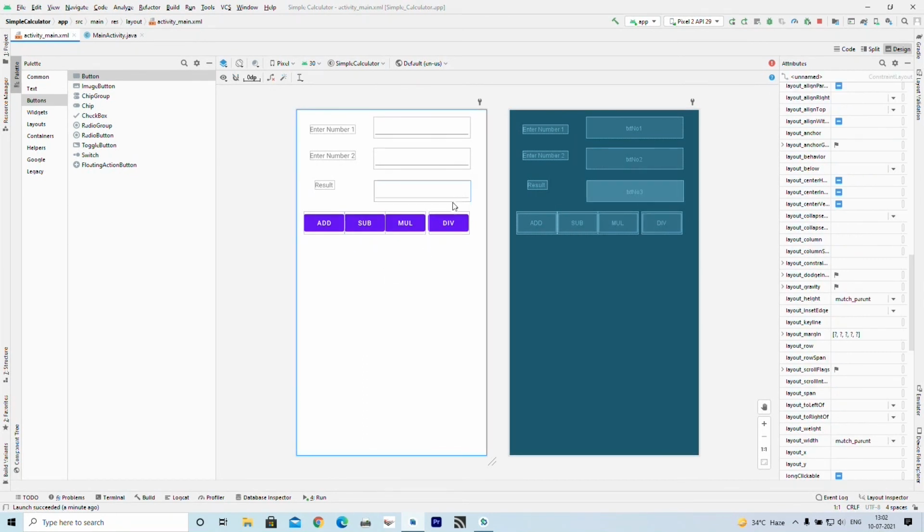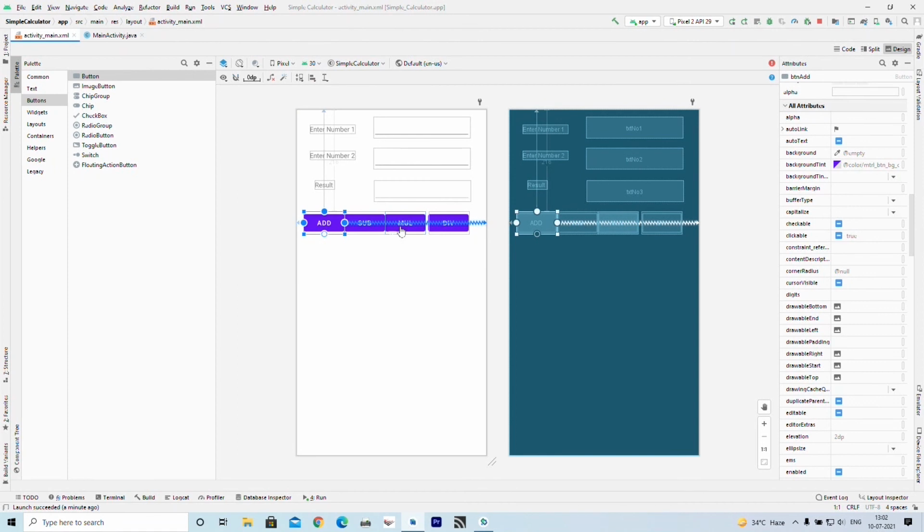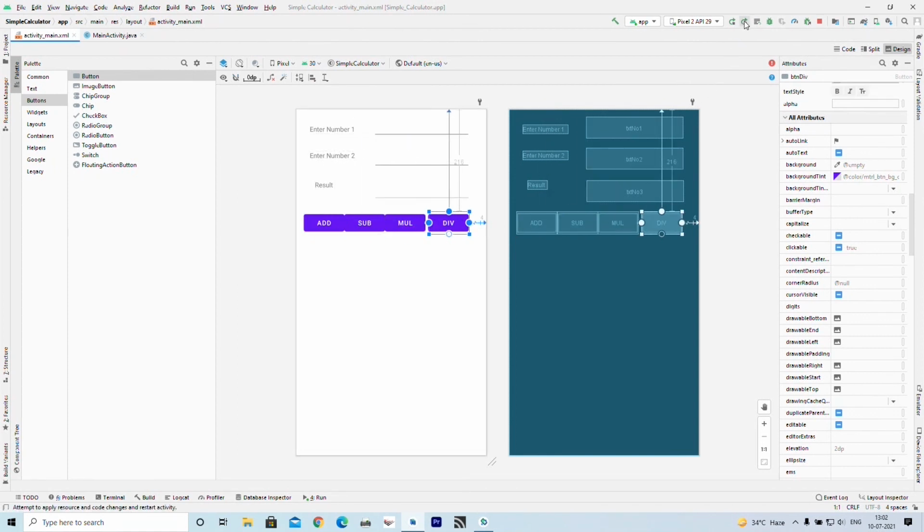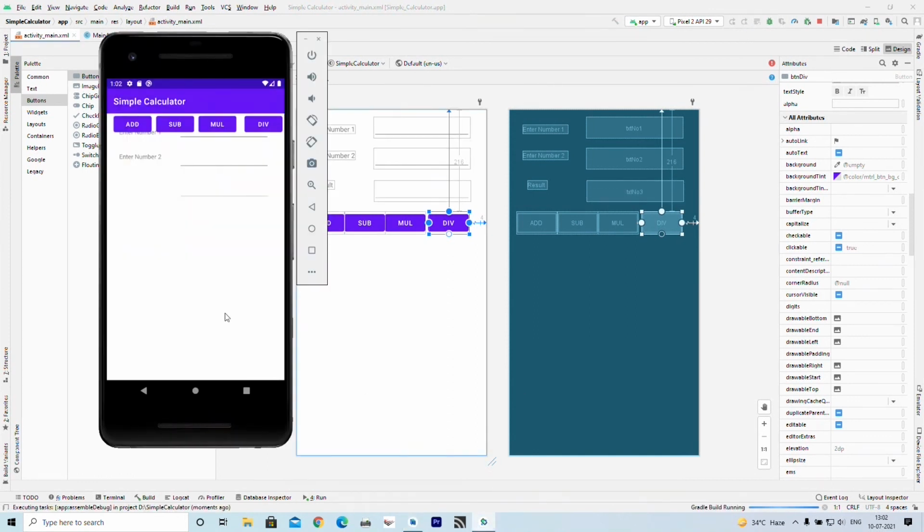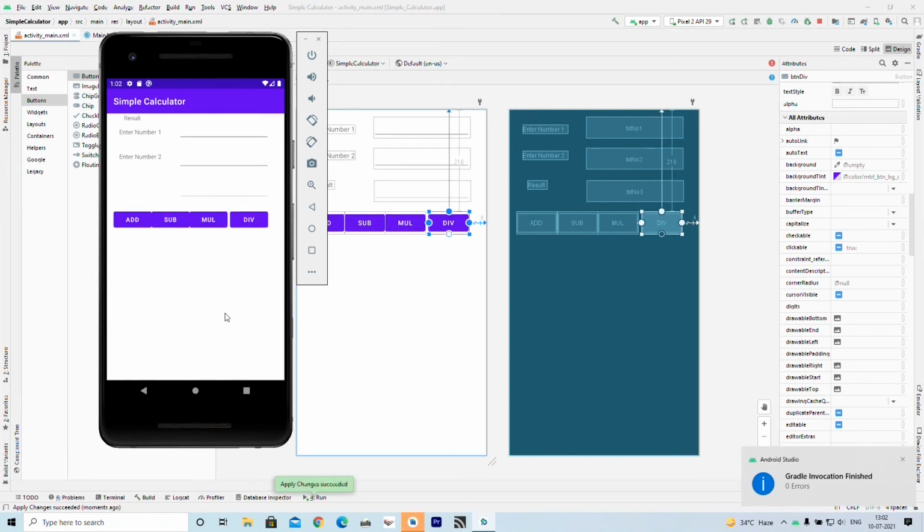And then just click apply changes and restart activity. Now, you will see that the button is moved to the bottom position.